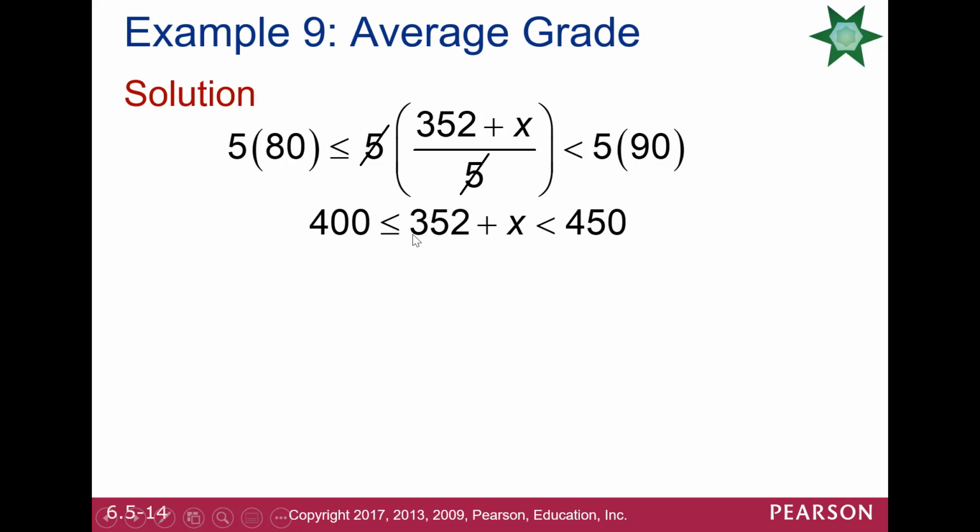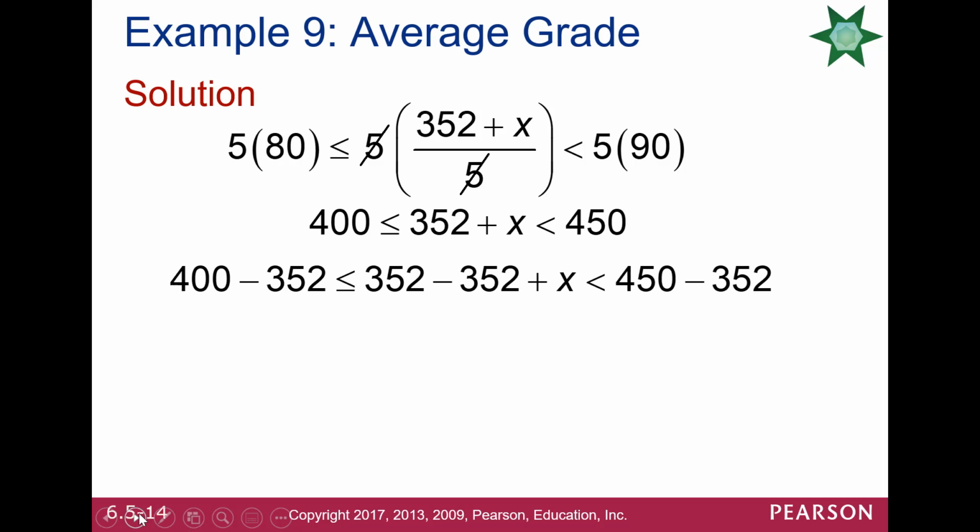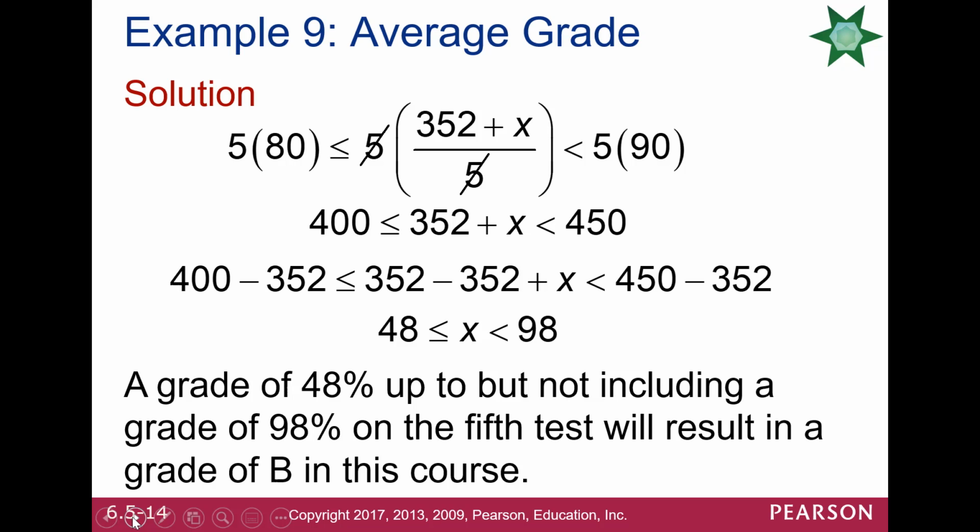Here again, if we're going to do it this way, this means we're going to subtract 352 from 400. We're also going to subtract 352 from 450, which is what they're doing here. And you find out that the score on this last test has to be greater than or equal to 48 and less than 98. And if he had those, he would